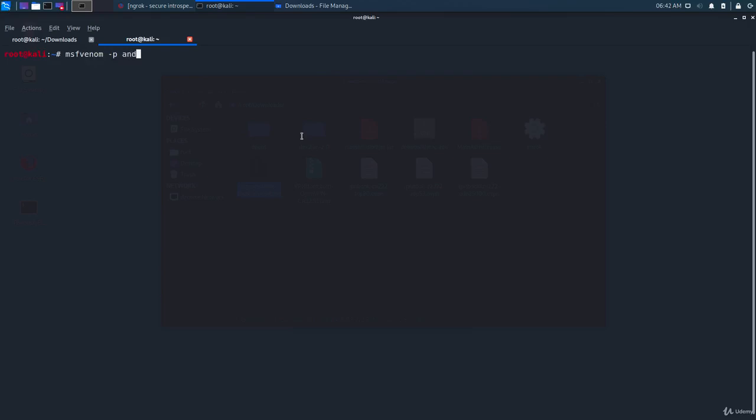As a payload parameter, I'm going to specify android/meterpreter/reverse_tcp, and then we have to specify the LHOST, which will be equal to 0.tcp.ngrok.io, I believe, and the LPORT will be